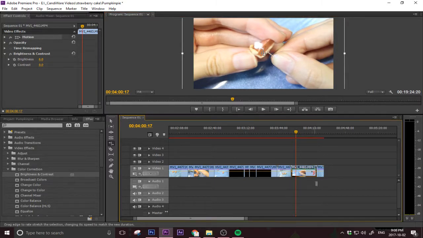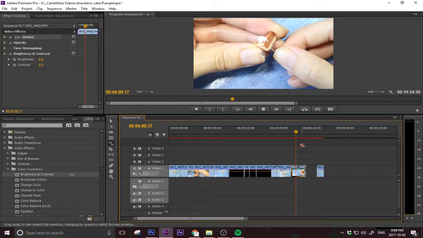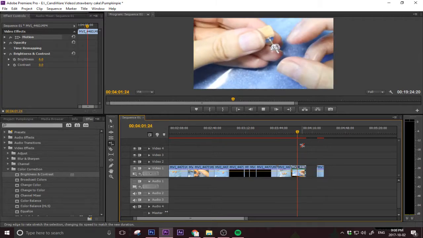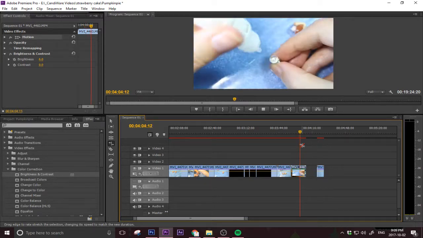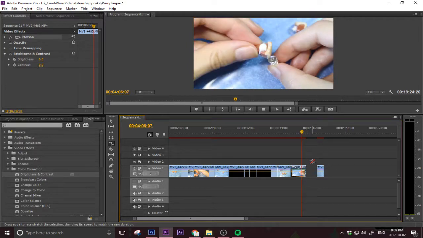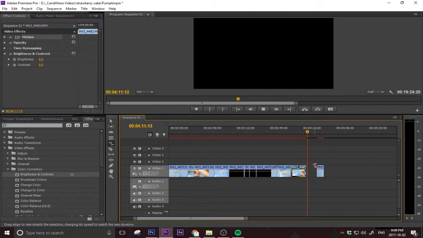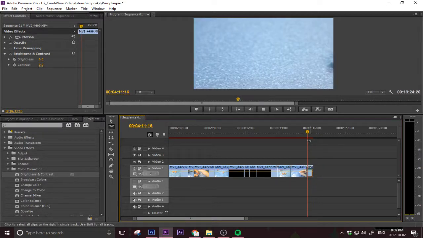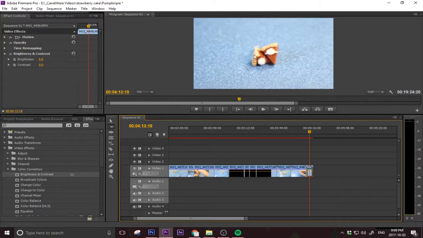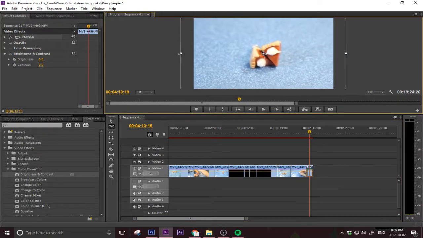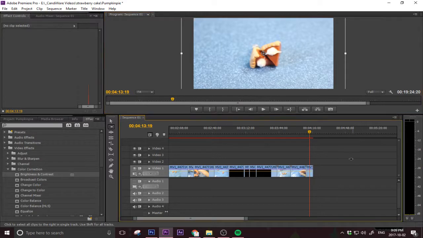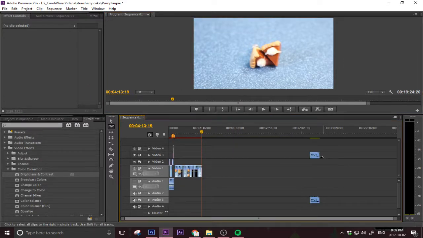Make that bigger, speed this up also. And then we'll just hit A again, move this over. And make this a touch bigger. And then I'm also going to zoom out here, grab my